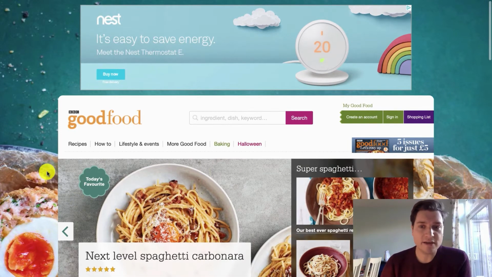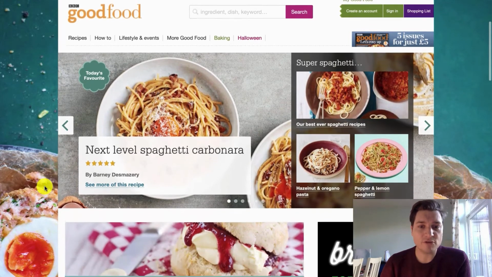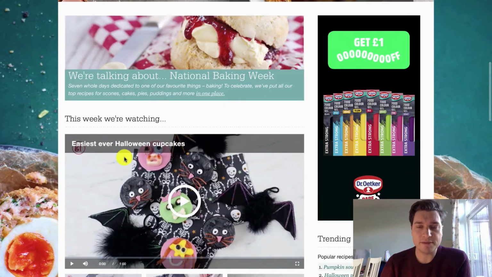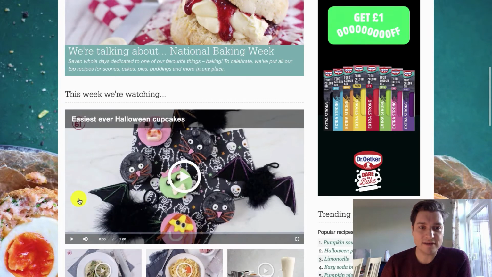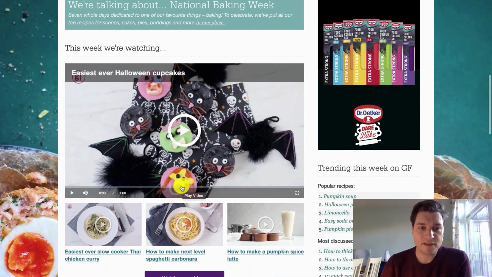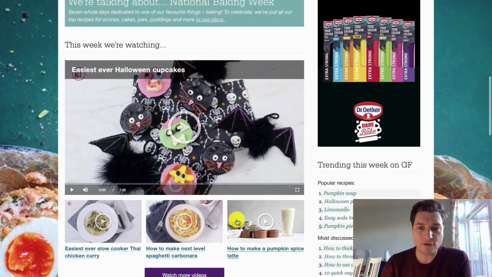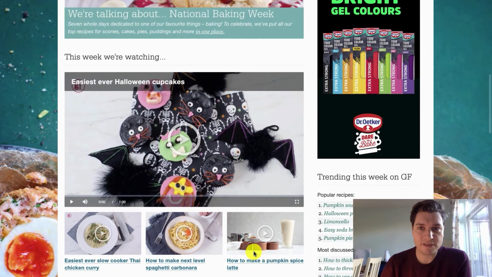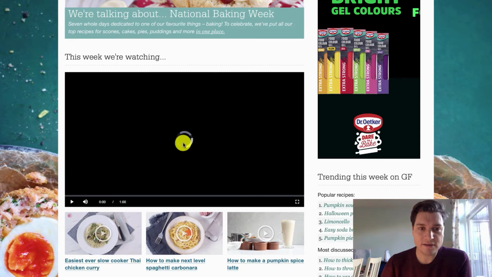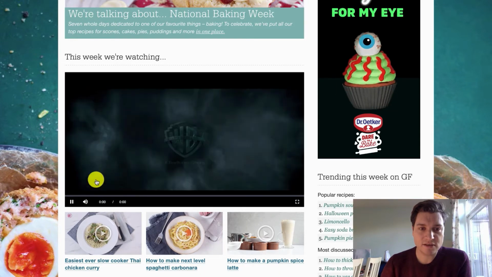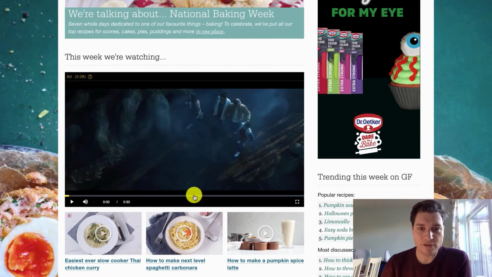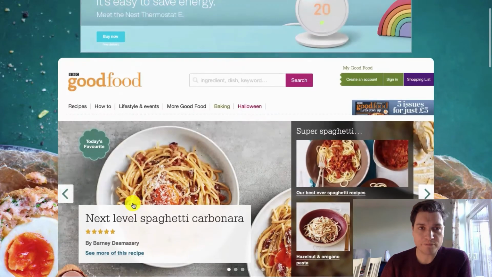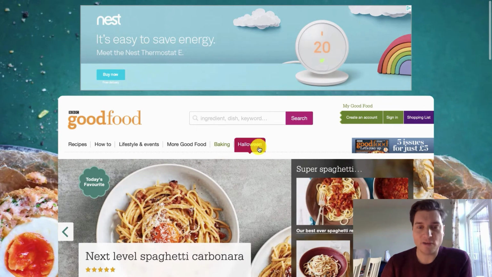So I'm looking on the website, I'm just scrolling down, seeing a Halloween thing around here. A little dark. Oh, Halloween cupcakes. Okay. I'm looking for a link to Halloween stuff, but it's not there. So I can click on this. Okay, that's an advert. I don't actually want that. So scrolling up again. Okay, I've seen a Halloween icon here. I'm just going to click on that.